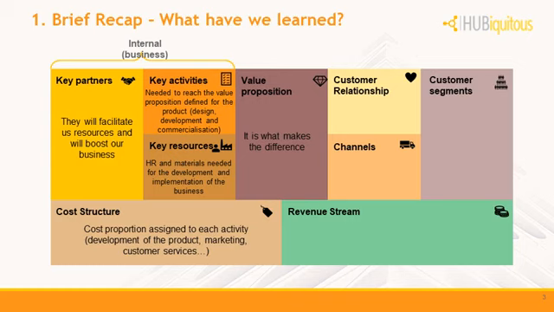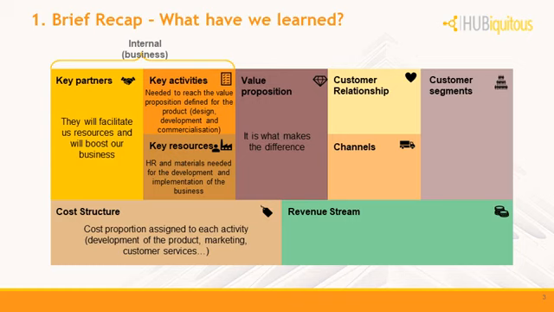And as we can see here, in this brief recap, in the previous sessions, we saw different points. In session number 2, we saw the value proposition after defining the problem and the solution. And this value proposition is what is going to make the difference in our solution. And in the last session, session number 3, we saw the internal part of the business model canvas. And this internal part is the part that we conceive and that we see as a business. It is going to gather all the points that